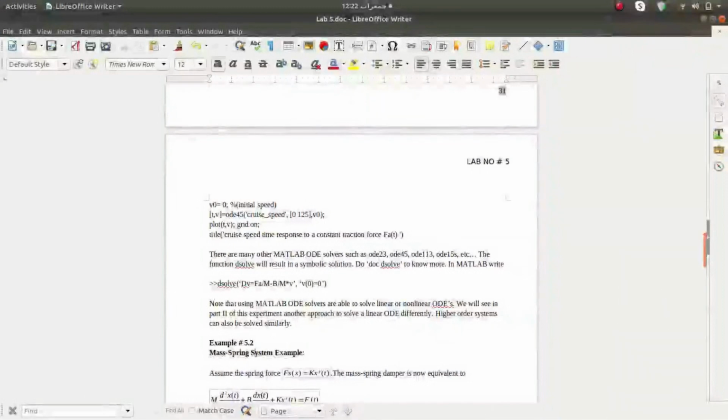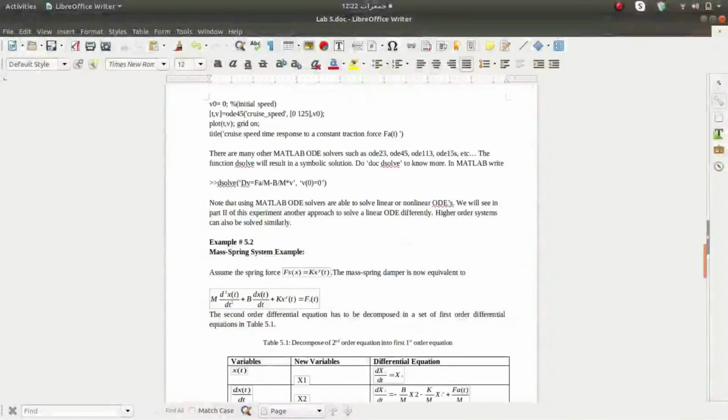Now we will discuss the second example, the mass spring example. So from the same equation, for the non-linear one, we have equation number